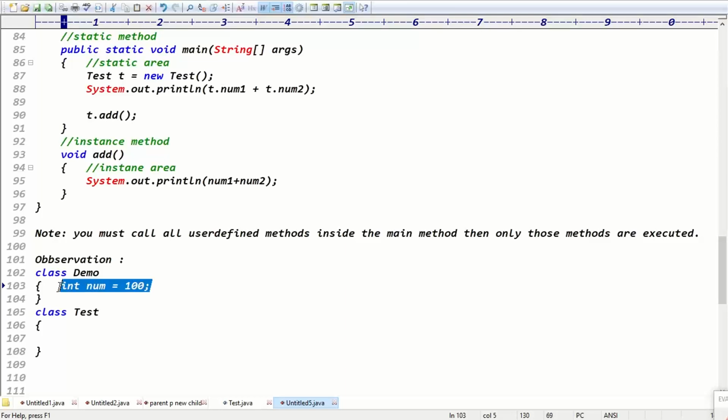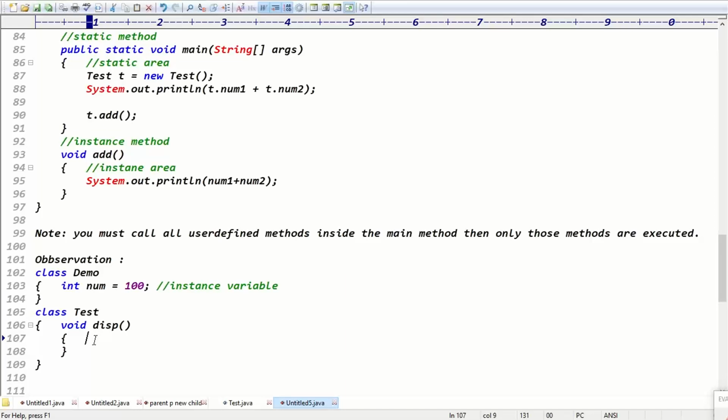Here we have defined a void disp method, in which I want to print the data. Disp is also an instance method. Instance variable, instance method.